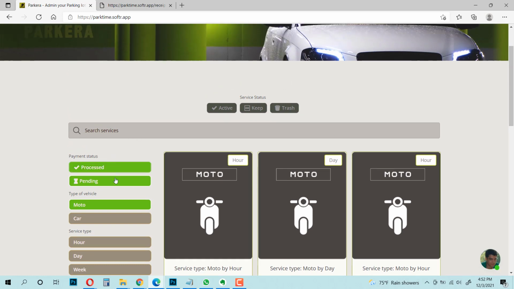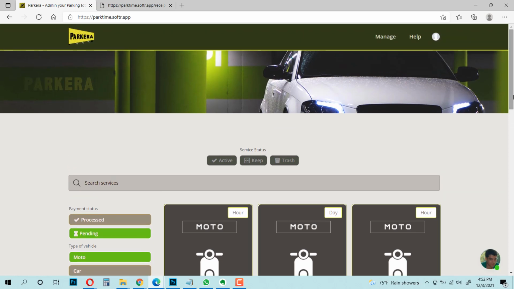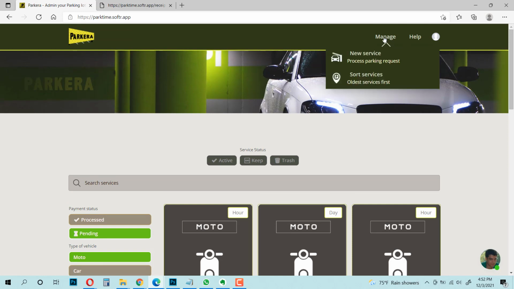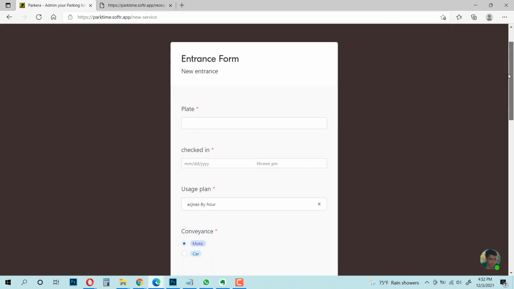Now, all these fields are entered by you, the manager, the administrator, when a visitor comes to your parking lot. You will go to manage and press the link new service to register that visitor to your parking lot.